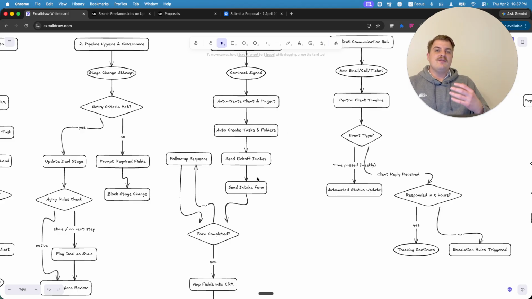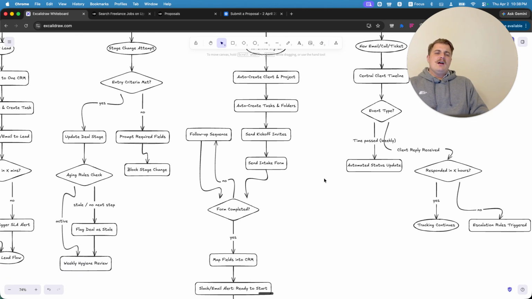Specifically, if you're a service agency, what do you need to do? What are the next 4 or 5 steps? What are the next steps to make sure that you're starting the service off on the right foot, and then sending the kickoff invites? Specifically, do you need access to things? When's your kickoff meeting? What are the dates for the information you need? Anything that needs to be done once someone pays you to go to the next step,